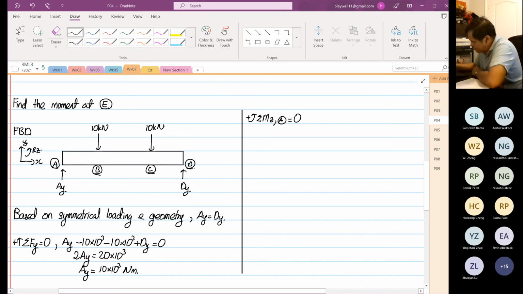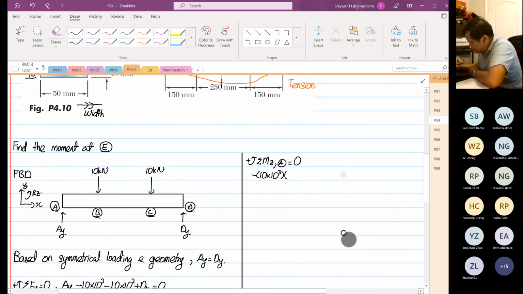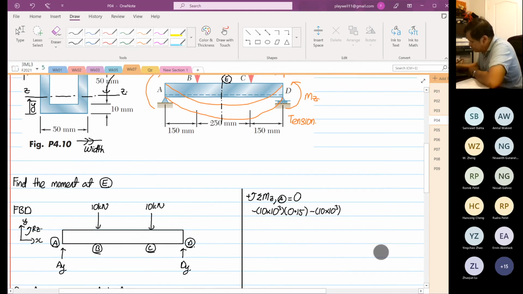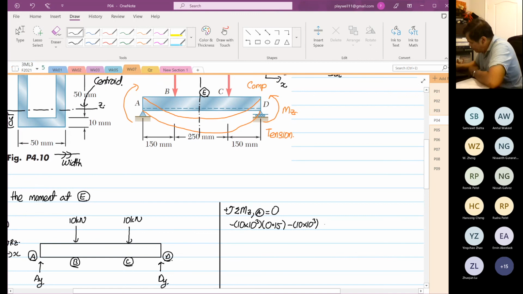The 10 kilonewton is going to be clockwise, minus 10 times 10 to the power 3, and the distance is 0.15. And then again minus 10 times 10 to the power 3, now the distance is 0.4. Plus DY is going to induce